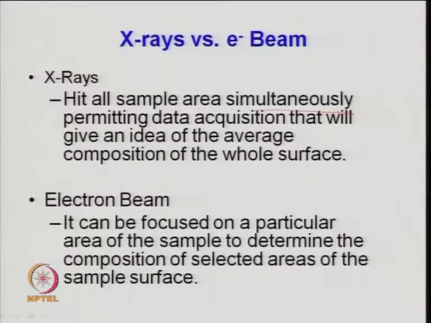The electron beam, because its wavelength is less than 1 angstrom, as I said, can be focused on a particular localized area of the sample to determine the composition of a selected area of the sample surface. So, your scanning electron micrograph and transmission electron micrograph are for localized points. You get the information of that surface for a given sample at given local points. Again, you have to take the average throughout the surface if you want to determine, say, the number of atoms, number of metals or particle size, and then determine that particle size.